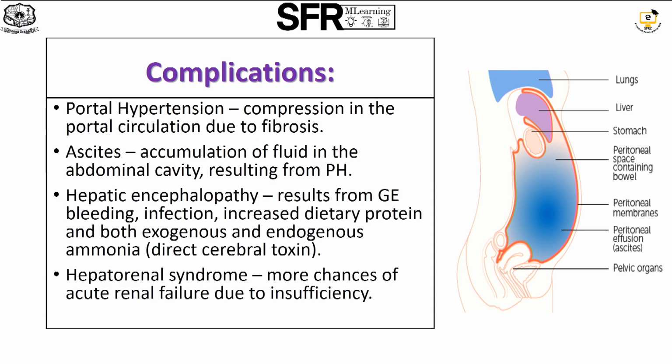And then ascites is accumulation of fluid in the abdominal cavity. From the diagram you will be able to see the liver because of portal circulation, the fluid enters the peritoneal cavity. The peritoneal cavity holds the abnormal amount of abdominal fluid. And then further complications include hepatic encephalopathy, which is a very serious complication which causes disturbances in the neuromuscular activity